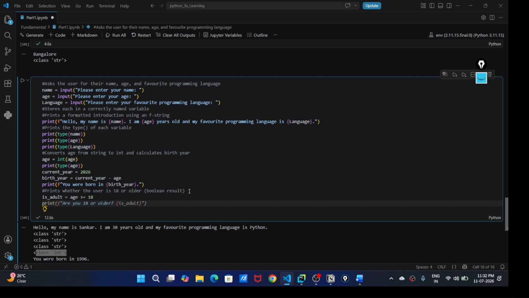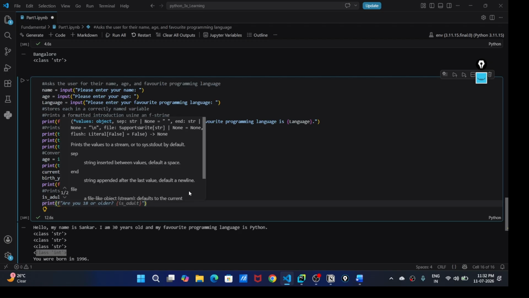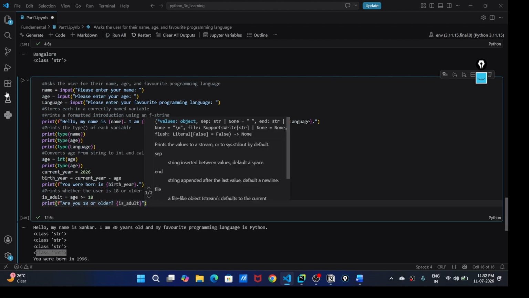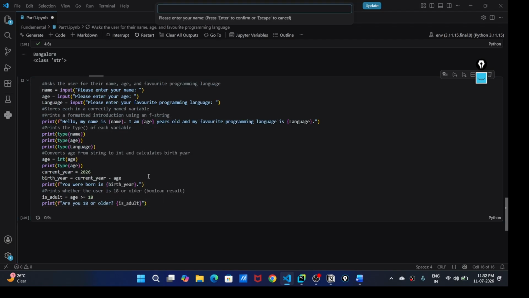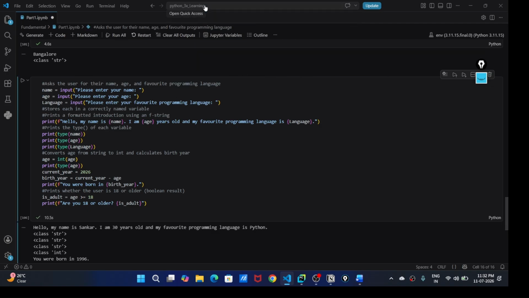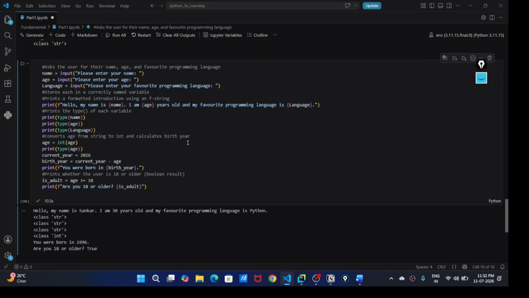Now print using f-string whether the user is an adult or not. True or false it will show, right? Give your name, give your age, then Python, right? See, is it true, right?